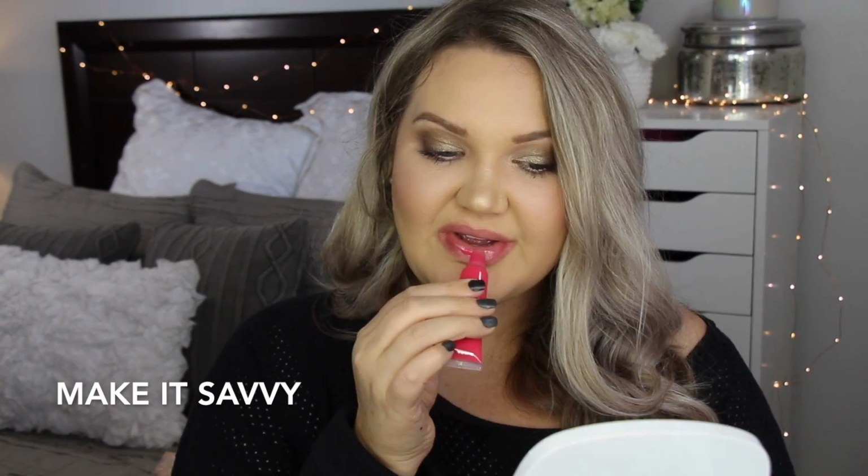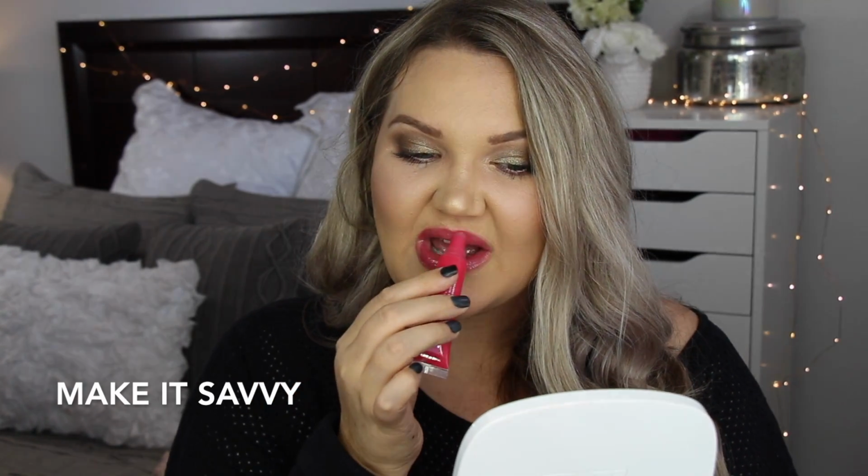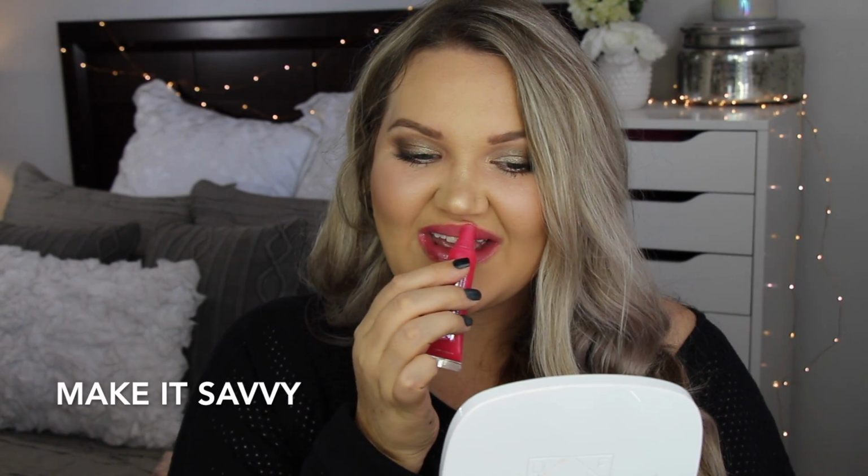All right, we have two more shades left. We have a really bright pink, and then we have a super dark color. So the bright pink is called Make It Savvy. Ooh, that's pretty. These with a little bit more color, so it doesn't get patchy, I really have to